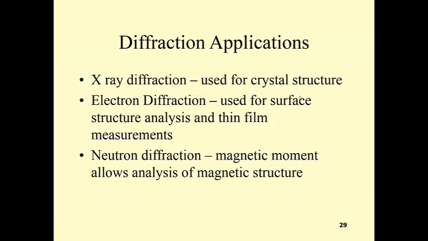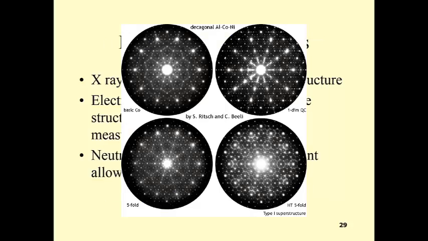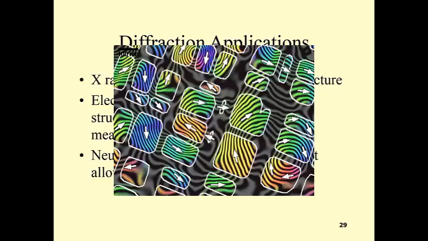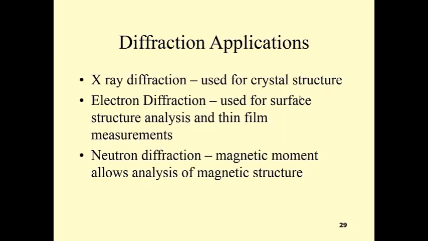Electron diffraction is much lower energy, so you tend to get a lot more surface information. One of the projects I worked on as a PhD student was using electron diffraction to look at the crystal structure of gold crystals, and the surface structure and thin film measurements that you might make are much more suitable for electron diffraction. If you use neutron diffraction, you can get information about the magnetic moment, which means that you can look at the magnetic structure of different materials. All of these applications